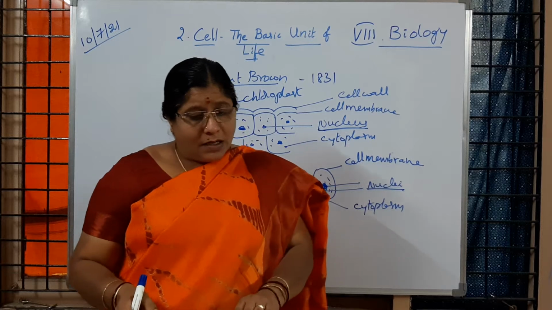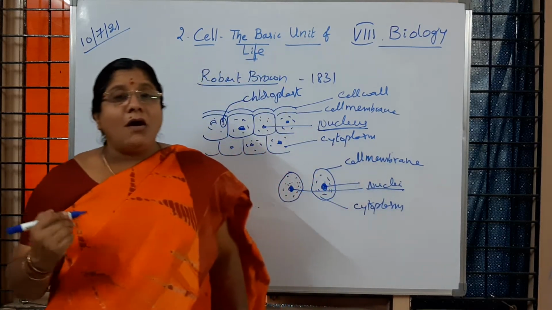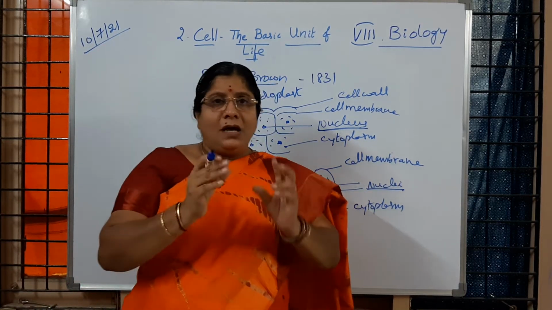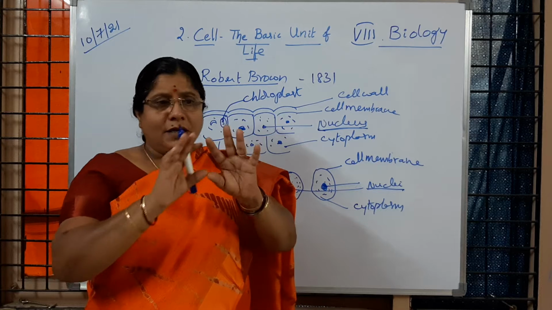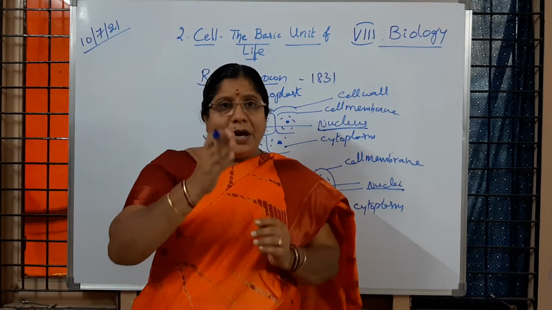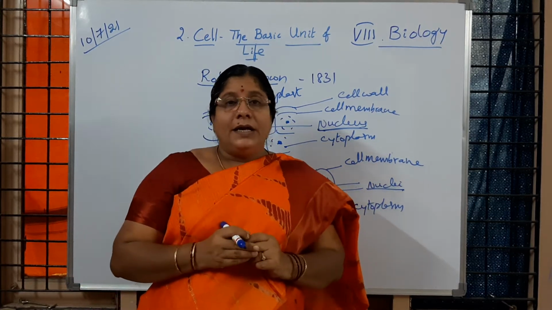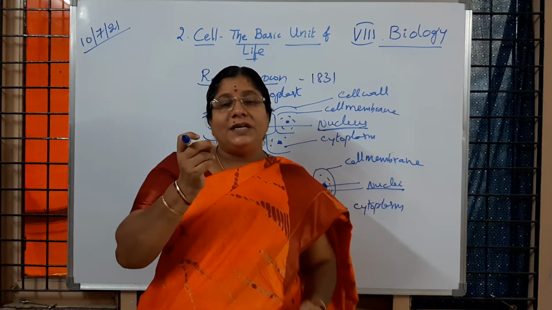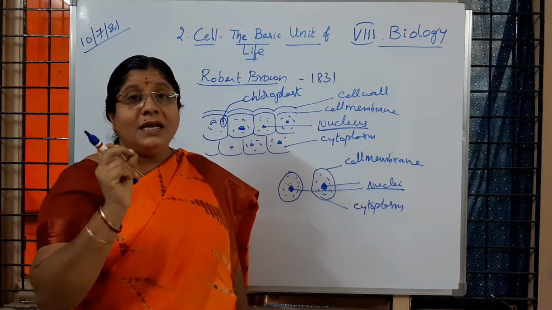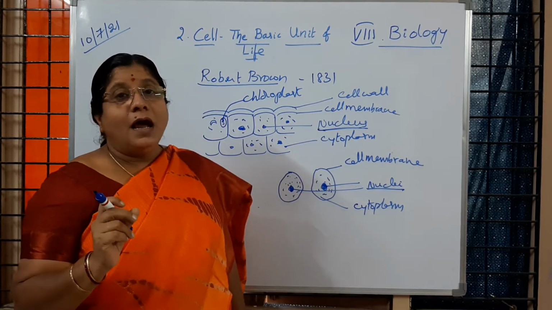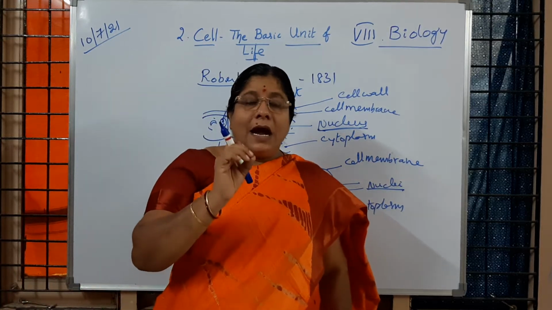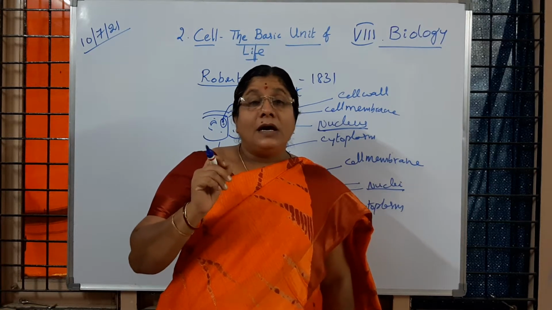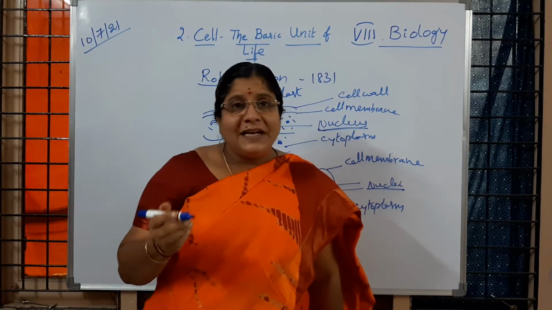So here, observation of nucleus in onion peel. How was that activity conducted yesterday? So onion has to be taken. We have to remove the outer coat. We have to cut a small bit of onion into pieces and break it. When we break it, we can observe a very fine, thin, transparent layer of it, and that is to be collected and kept on the glass slide, and we have to put staining material. So what is that staining material?